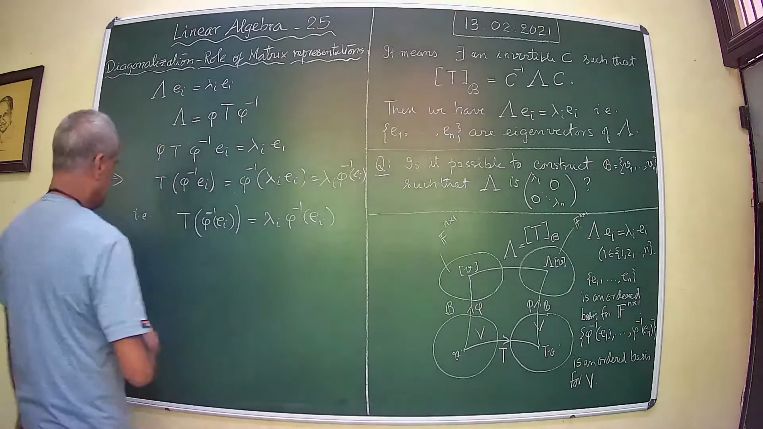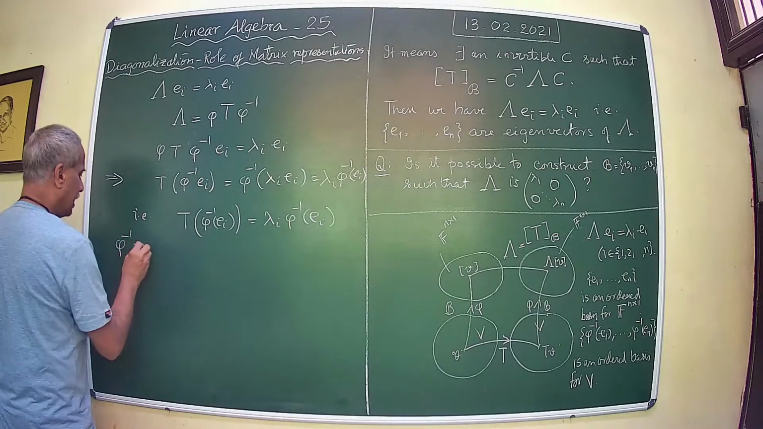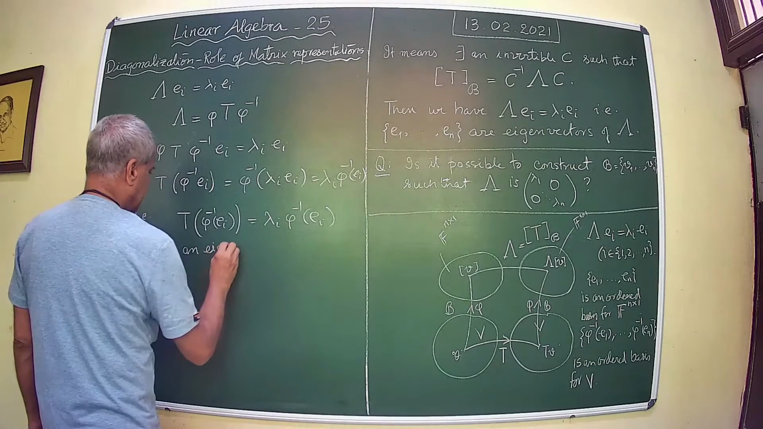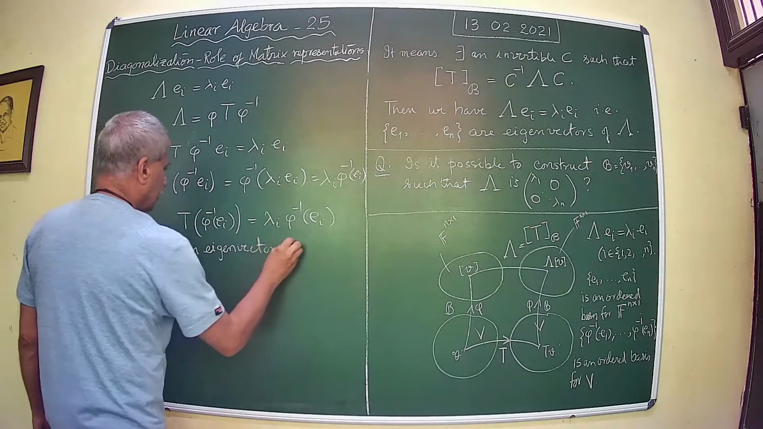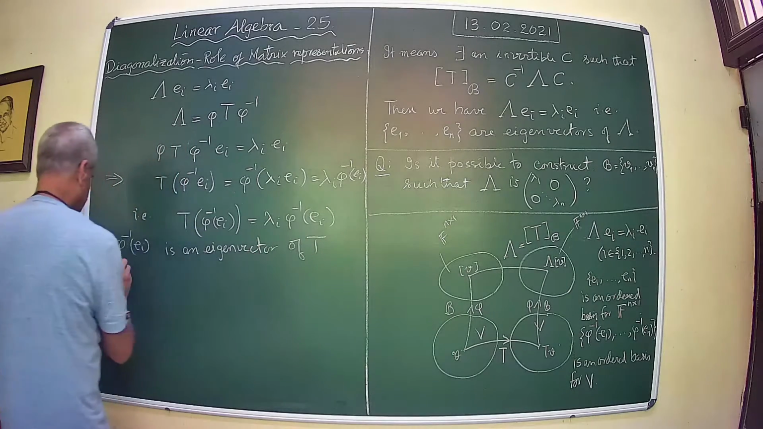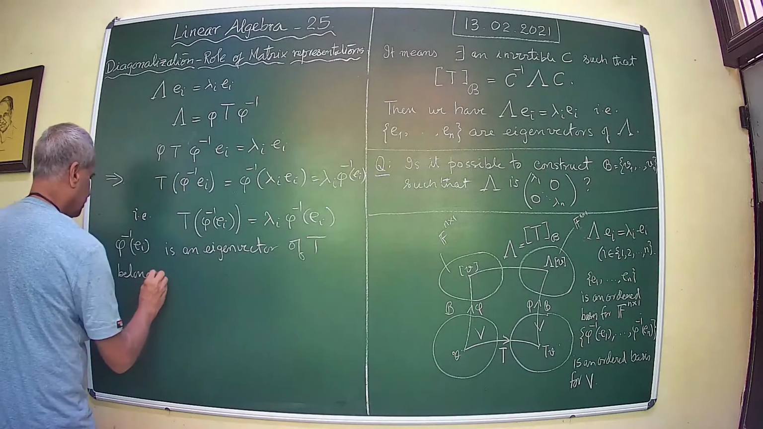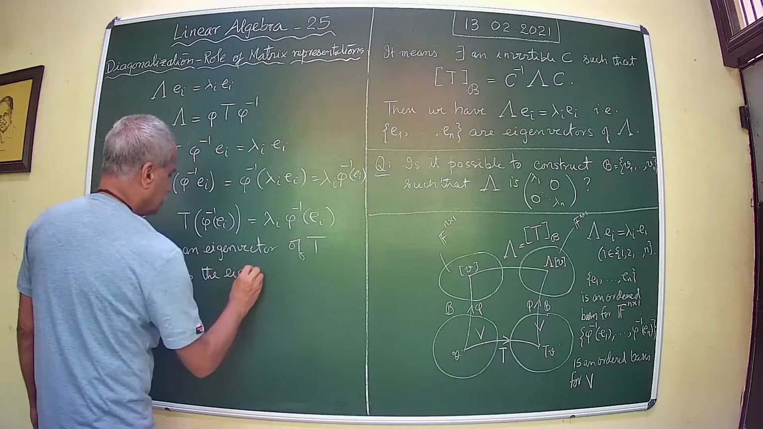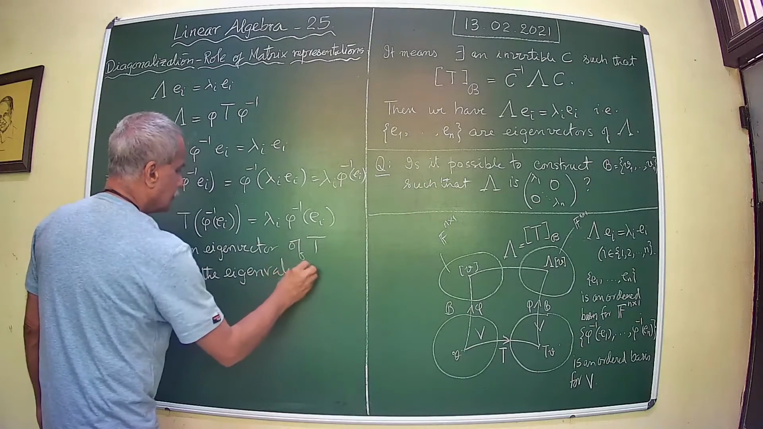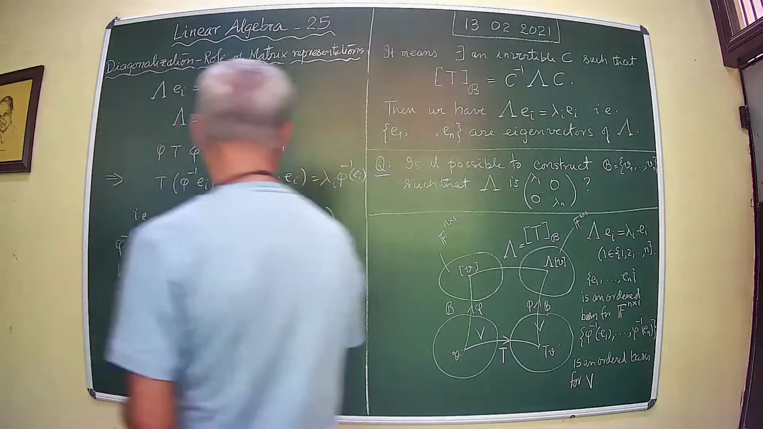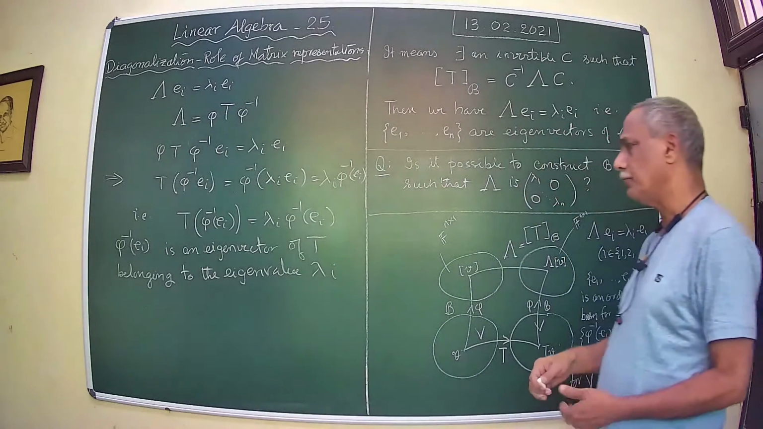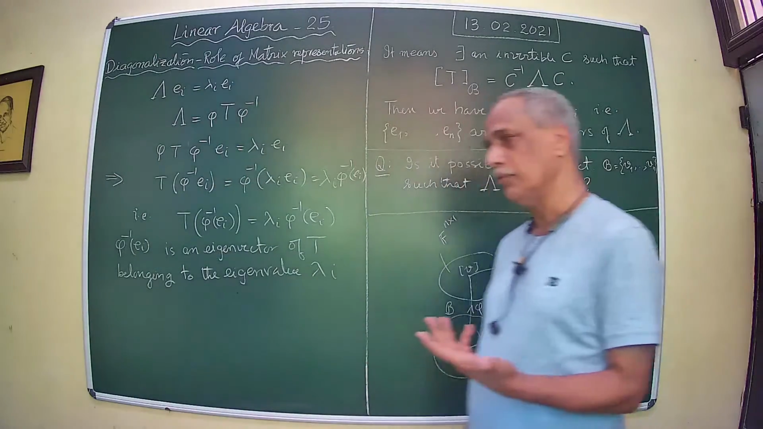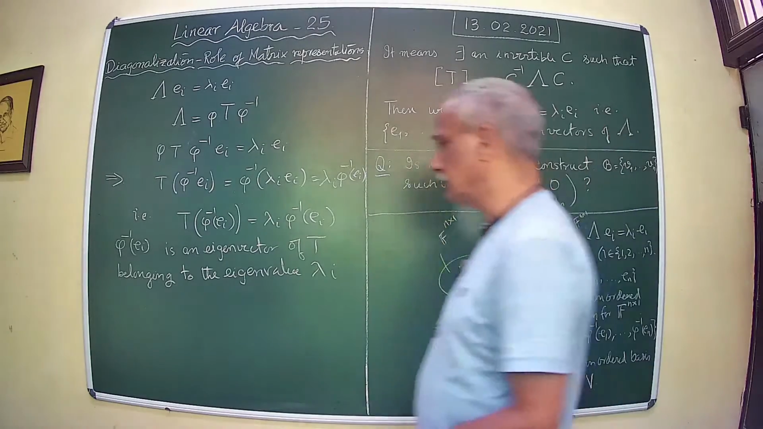therefore, it follows that phi inverse of ei is an eigenvector of T belonging to eigenvalue lambda I. It is so for every lambda I. Or in other words, we see that since E1, E2, etc., En form an ordered basis, it follows that